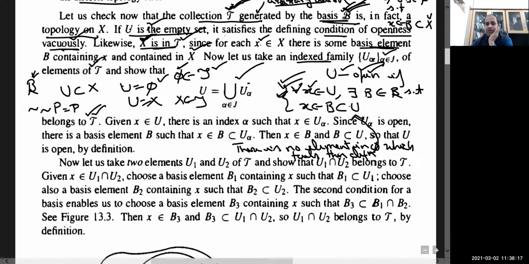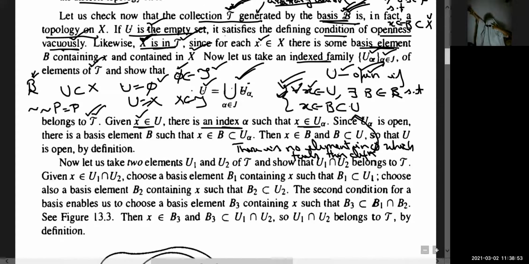यही तो है सेकंड कंडीशन टोपोलॉजी के लिए. फाई और एक्स हो गया. अब आर्बिट्री यूनियन प्रूफ कर देंगे और इसके बाद क्या प्रूफ कर देंगे? फाइनाइट इंटरसेक्शन. Since U alpha are members of T, so each U alpha is open. Now suppose x belongs to U. Since U is arbitrary union of U alpha, so x belongs to U means x belongs to at least one of the U alpha because union is there. If it is intersection, then x must belong to each of the U alpha. So since it is in union of U alpha, there is an index alpha such that x belongs to U alpha. I mean there will be at least one of the U alpha in which x lies, for some alpha.